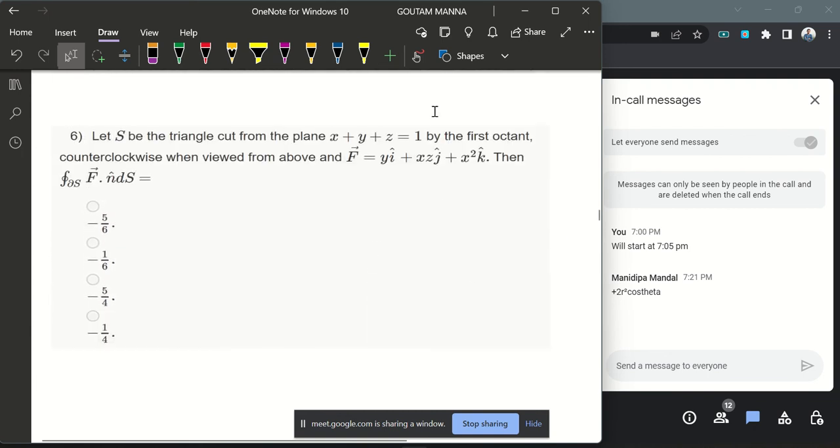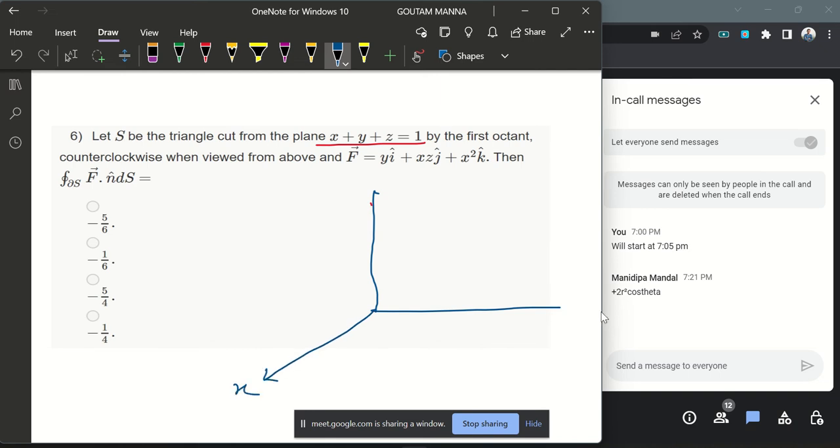So in problem 6, we are given a triangular surface, cut from the plane x plus y plus z equals 1 by the first octant. So if we draw it, then it will be,